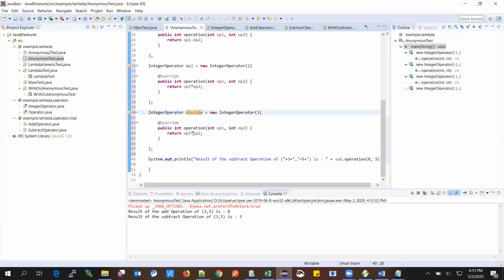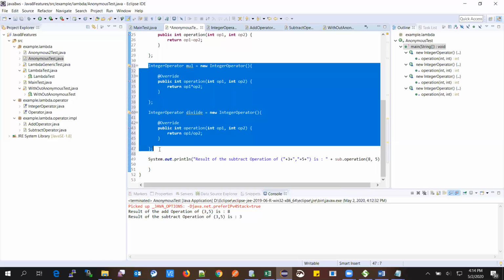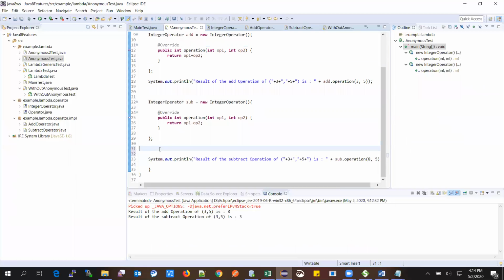Only this one, op1 by op2. So the redundancy of this code is reduced by lambda expression. As I mentioned, lambda expressions made our life easy.